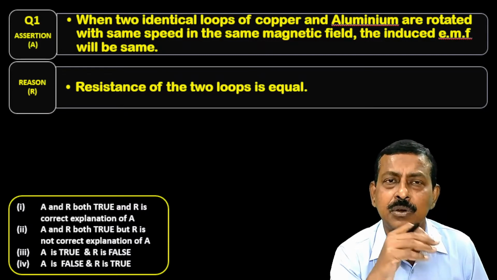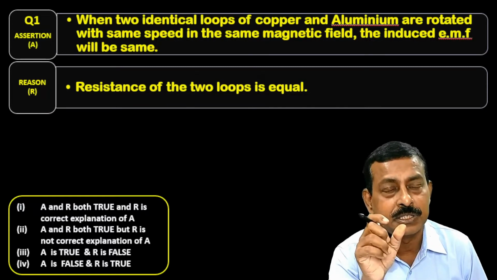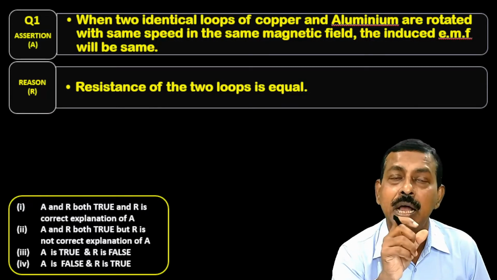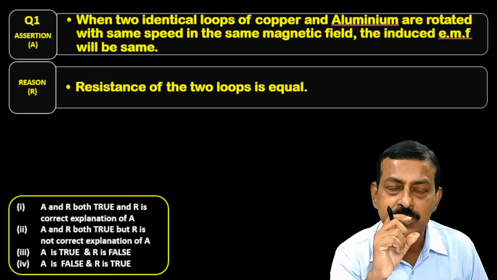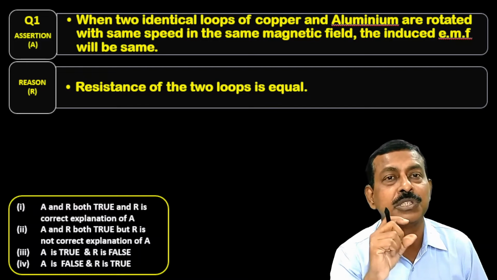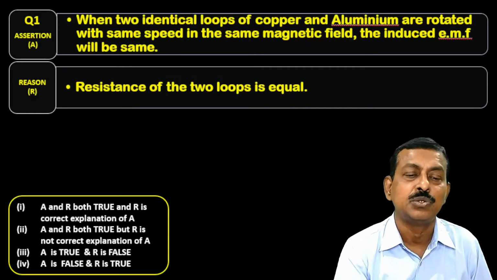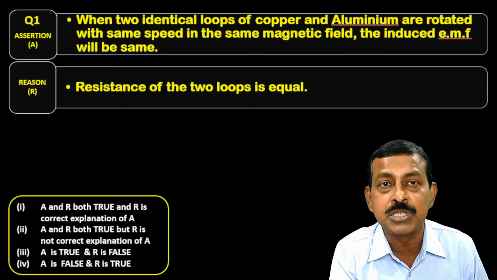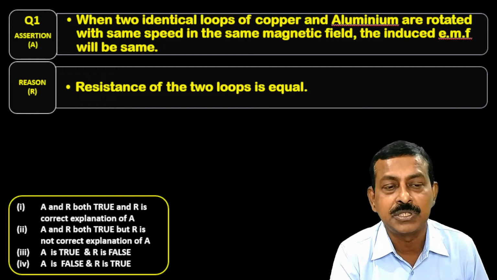Fourth one, normally there will be a change. Either assertion and reason both are false, or assertion is false, reason is true. Whatever options are there, just first of all go through the question and check what is given in that particular question. So now after seeing these options, let's now take for this particular question, what is the assertion and